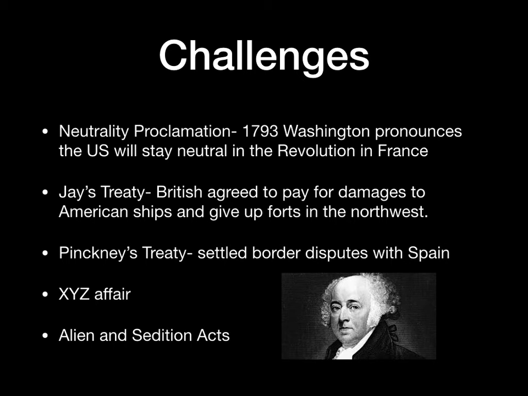And then we have John Adams' presidency. And during his presidency, you have the XYZ affair. That was during the French Revolution when French diplomats had asked the United States for bribes. The United States refused, and this really sways public opinion away from helping the French during their revolution. They're like, how could you expect us to help you? You're supposed to be our ally. Why are you asking us for bribes? So it turns the American public away from helping the French during the revolution.